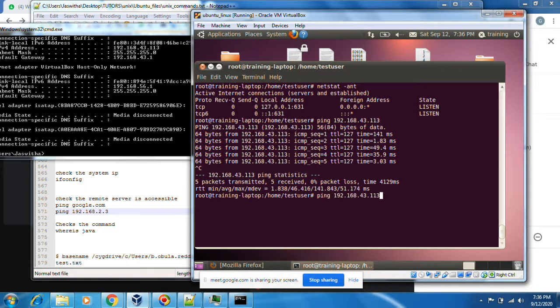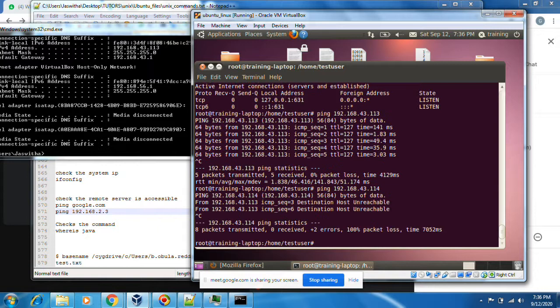I want to ping a different IP, a different system, that might be 114. I'm just checking whether that system is accessible or not. See, destination host unreachable. Again, press Ctrl C to come out. This host is not accessible.